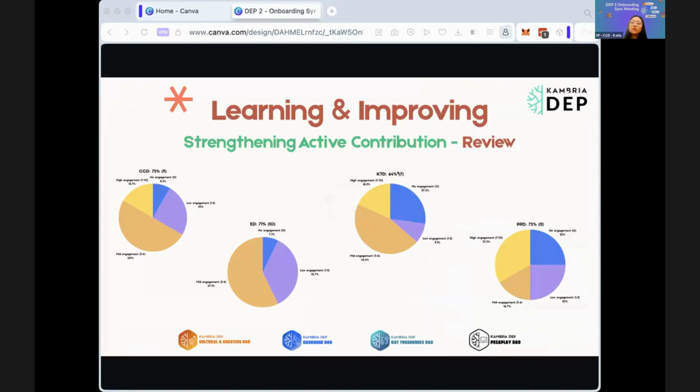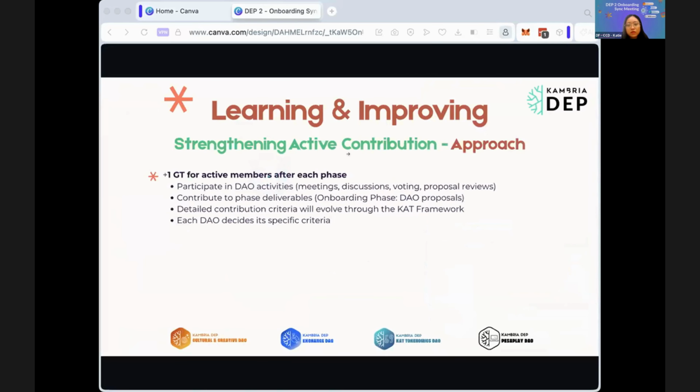Now, during the first few weeks, we observed that some DAO members were highly active, while others are still finding their place in the program. Our approach is to strengthen active contribution of DEP2 participants. Instead of removing inactive members as we did in DEP1, DEP2 takes a different approach to increase the influence of active contributors through governance token.